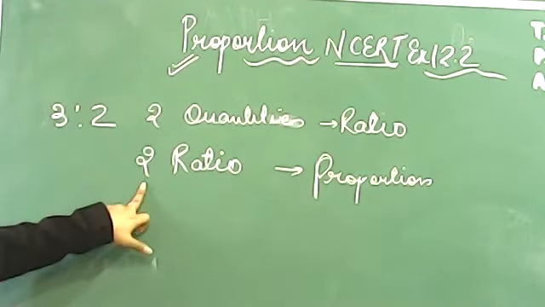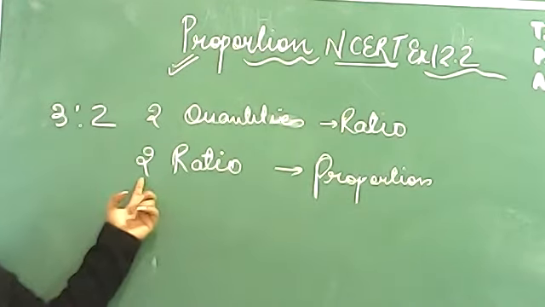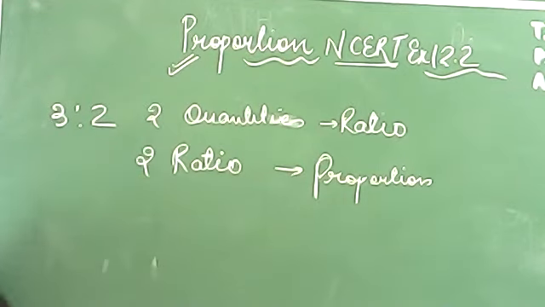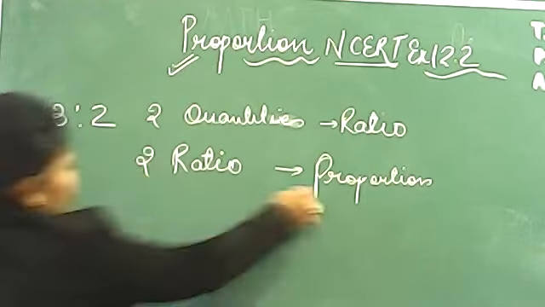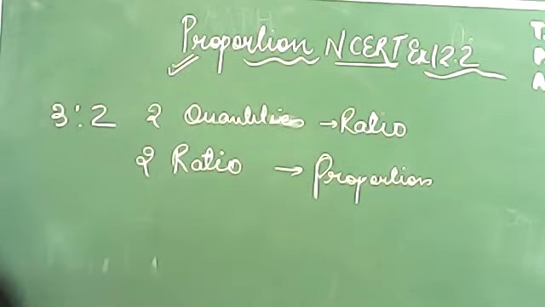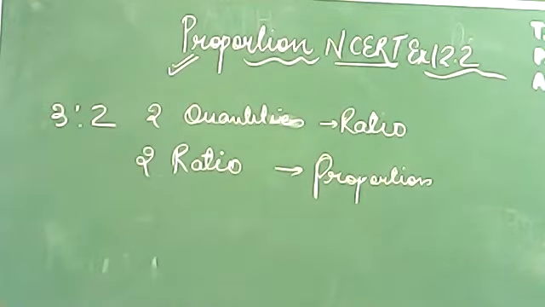But when we will use two ratios, we will be using four quantities. How four quantities? Two ratios, then 1:2, another ratio 2 to 4. So you will be using four quantities this time. That I will be telling you later on. So when you will be using two ratios, that means proportion form, you will be using four numbers in that. ठीक है? यहाँ पर two numbers, here you will be using four numbers.